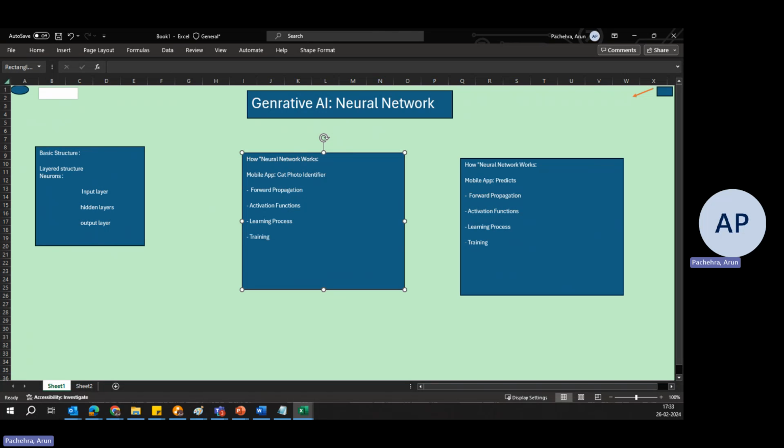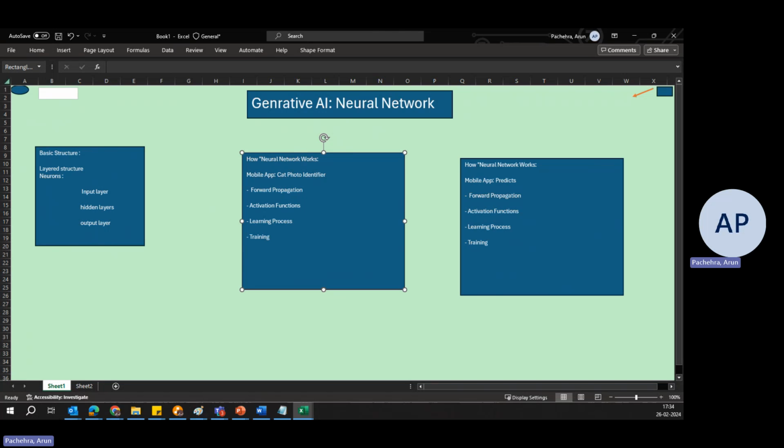What happens here? Each neuron in the hidden layers applies an activation function to its input to determine its output. This can introduce non-linearity, allowing the network to learn complex patterns. If the question about body hair results in a high value, the activation function can amplify this signal, indicating strong evidence of a cat in the photo. If the value is low, the activation function can diminish the signal, indicating the absence of body hair.